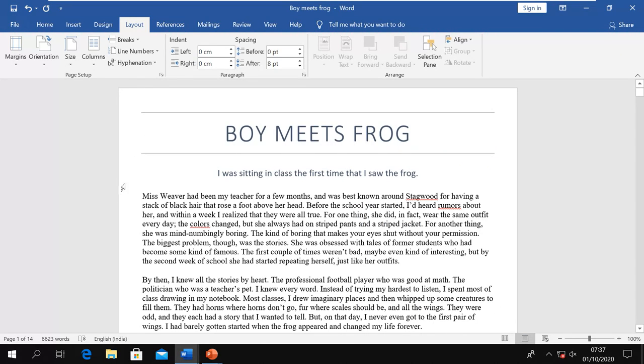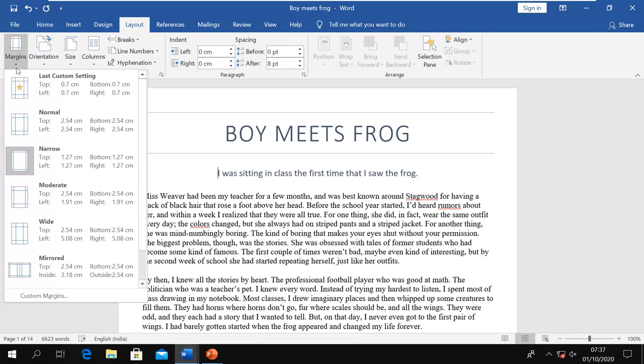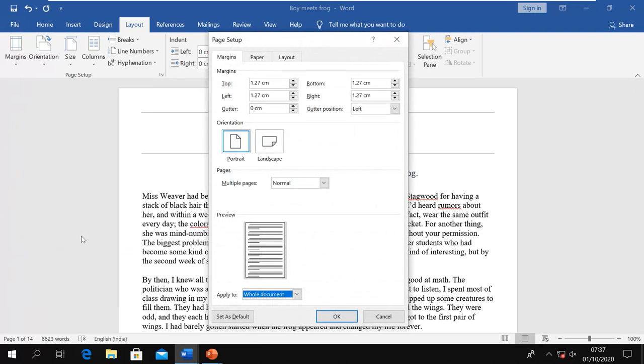Now I want to have more paper area, so again I will go here. Now I want to have a custom, so I select this custom margin, and then here I have the option to select top, bottom, right, left. So I'll go less than 1.